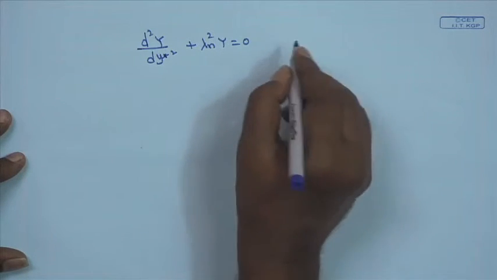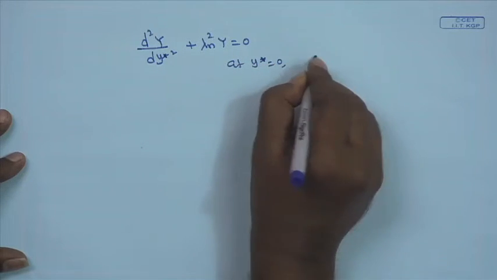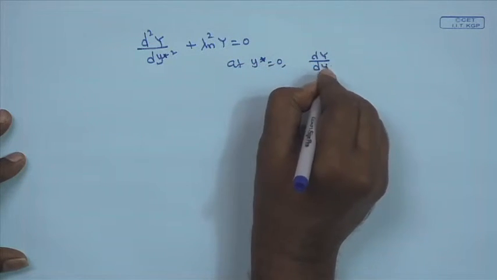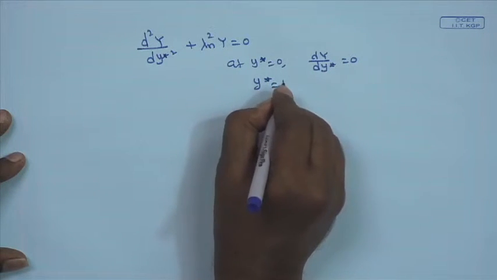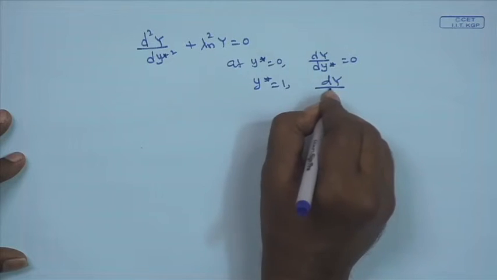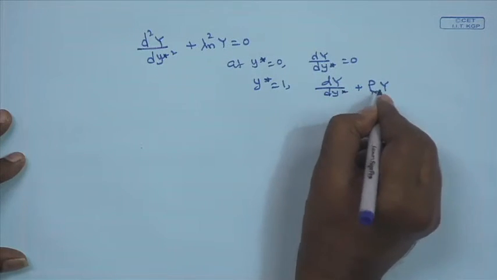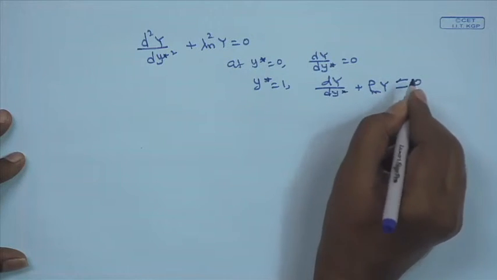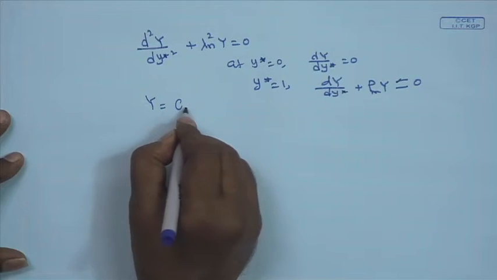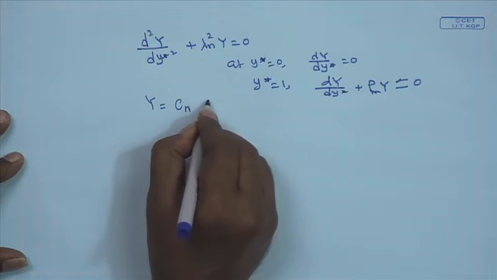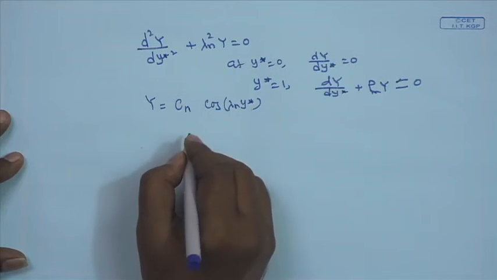We will be having the boundary conditions that at y star equal to 0, dY dy star equal to 0, and at y star equal to 1, we will be having dY dy star plus Pm Y is equal to 0. This will have a solution Y is equal to some Cn cos lambda n y star, and the eigenvalues will be nothing but the